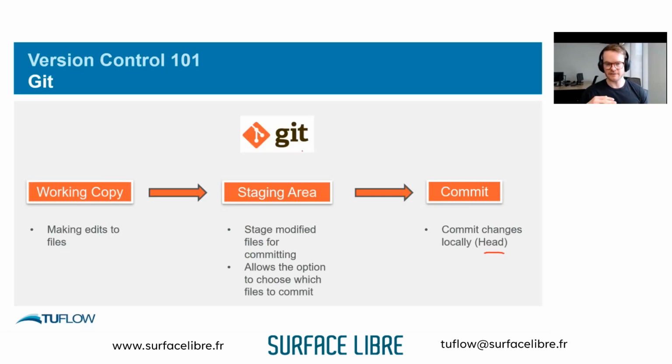And then you can do this. You don't actually have to push your changes straight away. You can make as many commits as you like before pushing those changes up to the remote or origin. Just remember, commits are just local to your computer, so no one else can get those commits until you push it to the remote, and then other people can pull your changes down as their own copy and do their own work on it. So the idea is you're working locally until you're ready, then you push it, and then other people can access it.